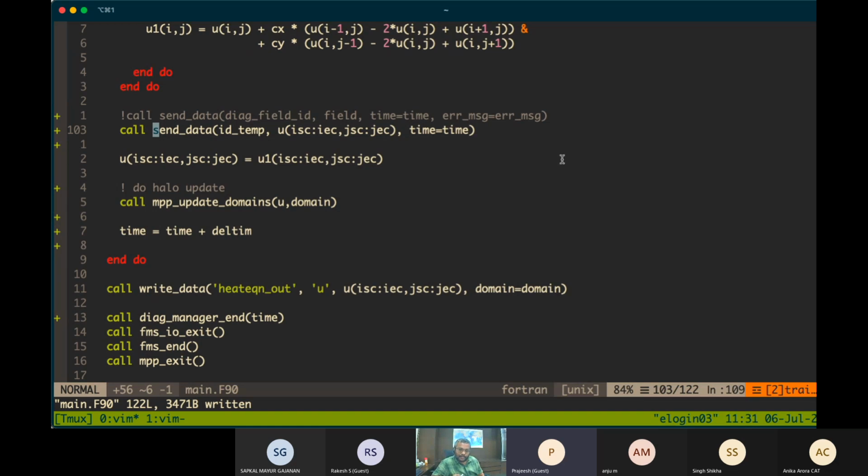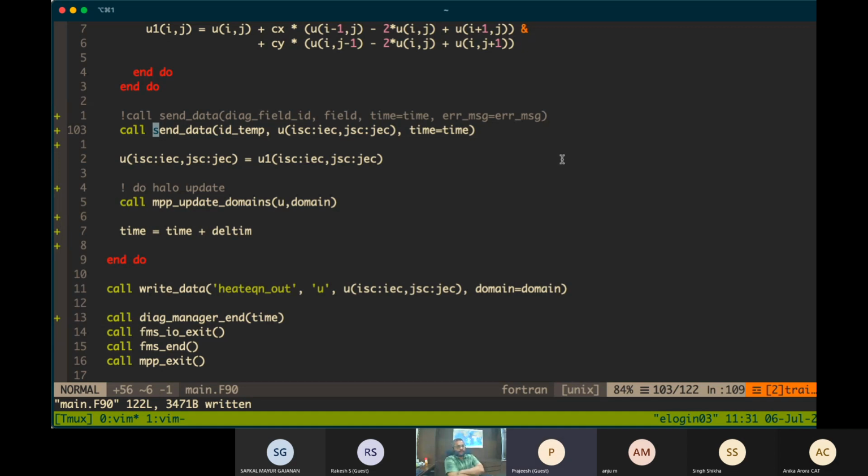Sometimes you might say, okay, I want a time average field. In such a case, it will average the data. And sometimes you may want a maximum value for a time period, like the daily maximum. Then it will just calculate the maximum value. Or sometimes you want just a snapshot. In that case, it will wait for that particular time where you want the snapshot.